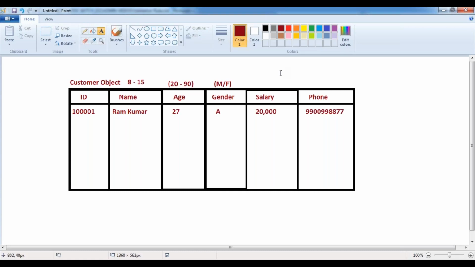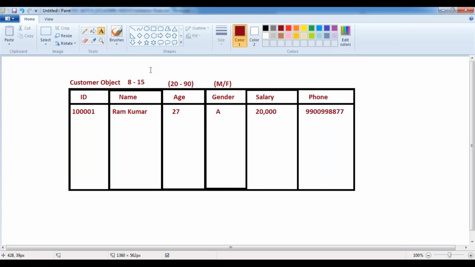In a similar way, upon clicking the save button, the record will not be saved directly into your object. First of all, it will verify whether you have entered the data in all the fields, whether you have entered it in the correct format, and whether it is valid data. For that, we verify with the help of validation rules. What do you mean by validation rule? Validation rules are used to enforce the user to provide the correct information upon creating the record and upon updating the record also.